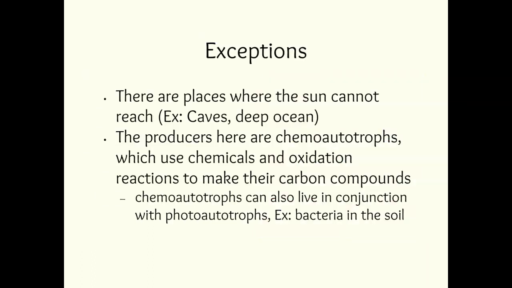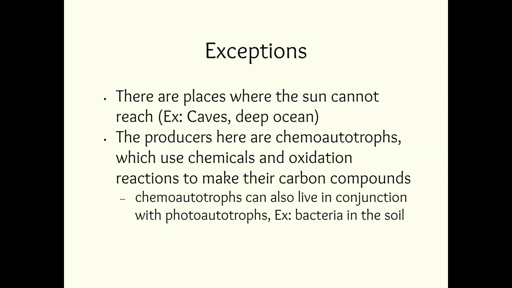There's always exceptions to the rules, and so while the sun is the ultimate source of energy for most ecosystems, there are going to be rare exceptions. There are places where the sun cannot reach. For example, caves are very dark and they get no access to sunlight, or really deep in the ocean where the sun's rays cannot penetrate. This means there has to be other organisms there that can create energy for that ecosystem without using the sun. These types of organisms are called